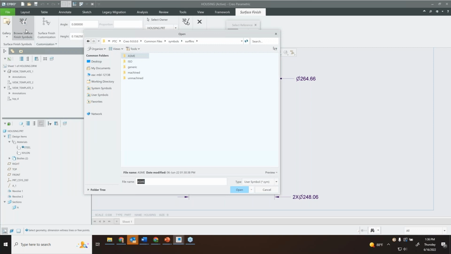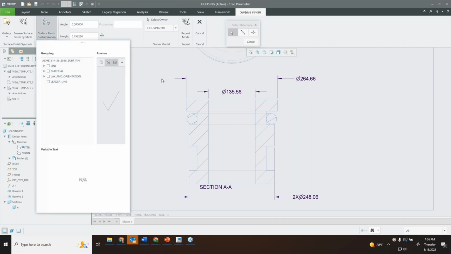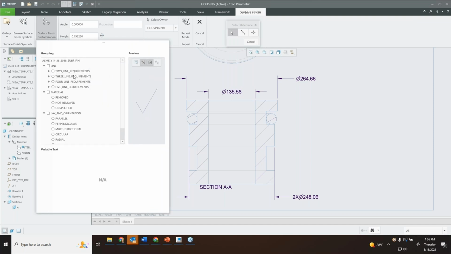We can also browse for surface finish symbols with this icon. But let's take a look at the customization that we're allowed to do with this. Since I've chosen the ASME standard, we have a bunch of options for filling this surface finish out with different line items. If we expand this a little bit so it's easier to see, we have a bunch of options of creating our